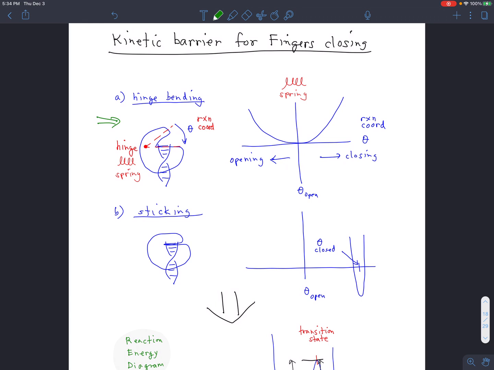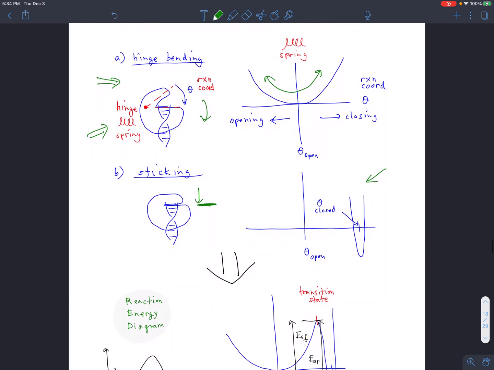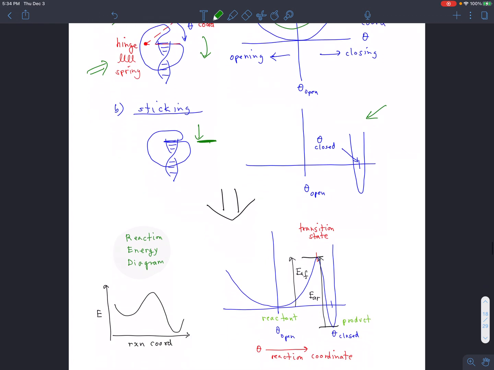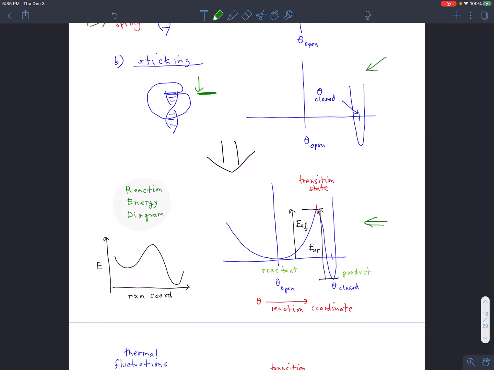And so we saw that in this case, in the fingers closing case, it costs some energy to bend the fingers. You're deforming the fingers. Basically, the fingers act like a spring, and we know how the potential energy changes for a spring. It changes like a harmonic quadratic function. And once the fingers close, they stick to the top of the DNA. We know what a sticking interaction looks like also. It's a narrow, attractive potential energy well. You put those two together and you get something that looks quite a lot like, well, is in fact a reaction energy diagram,